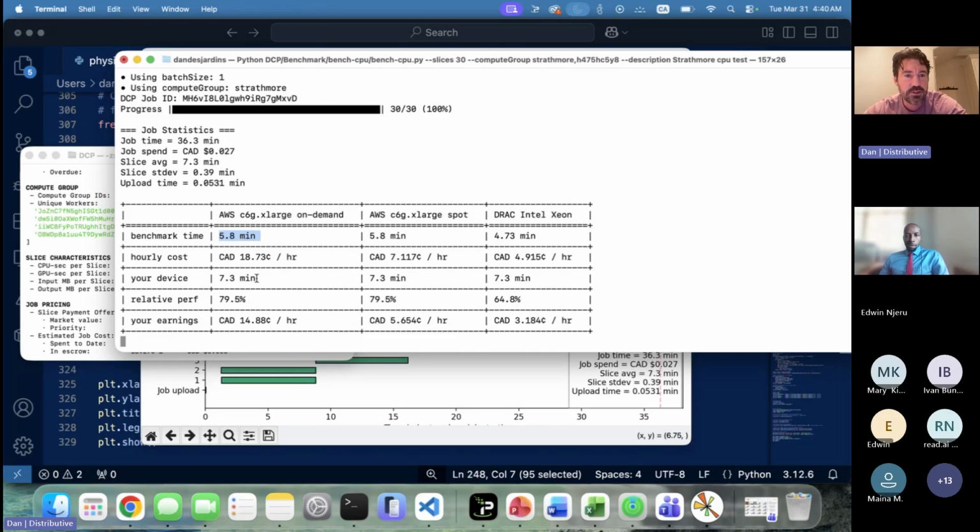Given that the Strathmore computers, the specific computers that were used, on average took 7.3 minutes, that means they're executing at a speed of about 80% of the AWS speed for the same workload. So 80% of that 18.73 cents is 14.88 cents. So if you scale the compute to the performance, because at the end of the day,